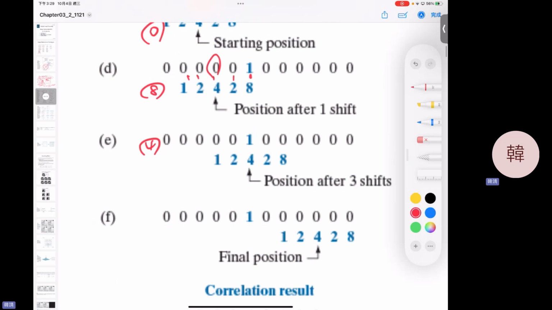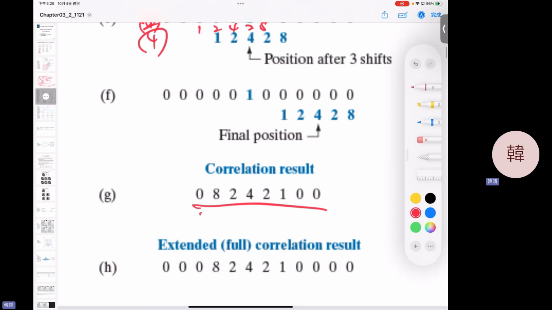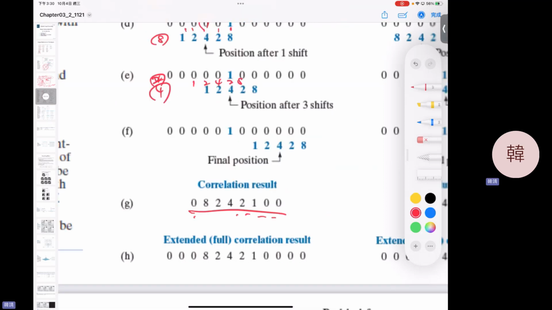The next one should be 2 here. 1, 2, 4, 2, 8. So the next one 2 and the next one 4. So you can see 0, 8, 2, 4. 0, 8, 2, 4, and so on. This is the correlation. It's just using your mask, doing nothing, and then moving from minus infinity to positive infinity. How about